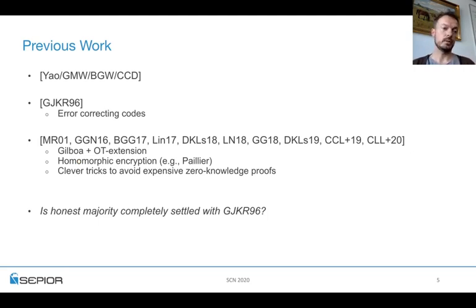So the question is whether the case of honest majority that was done by Gennaro here in '96 settles completely the case for honest majority. Is there anything to be done? And the answer, of course, is yes, there is. We have some improvements. We have another solution which has some nice features. But before I explain our solution, I would like to explain a few nice properties that have gained